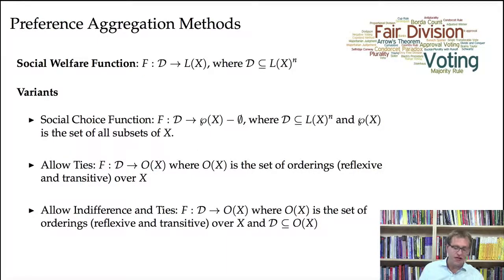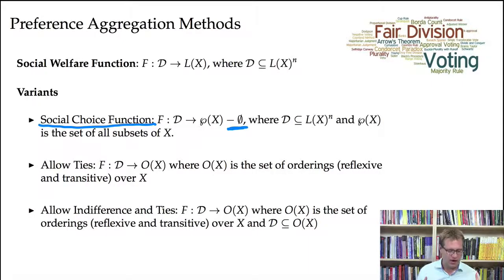So in particular, one natural way to vary this assumption is rather than forcing the group decision-making method to give you a full ranking over the set of alternatives, we might not actually care about the ranking. All we care about is actually who wins the election, who comes out on top in the ranking. In that case, we tend to call these social choice functions. And a social choice function just assigns to every profile in the domain some subset of candidates, and it has to be non-empty, so at least one candidate has to be associated with